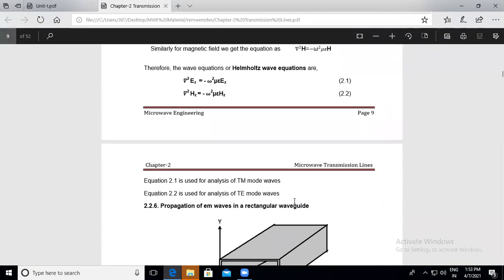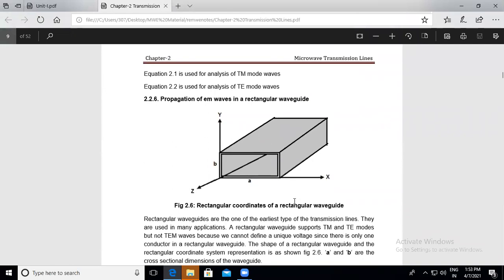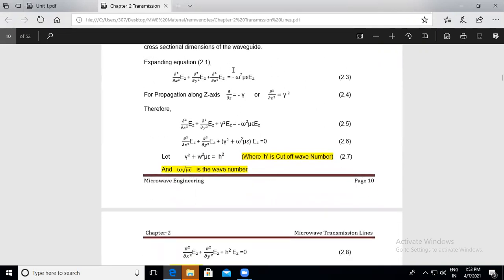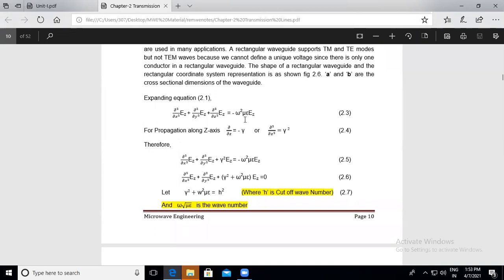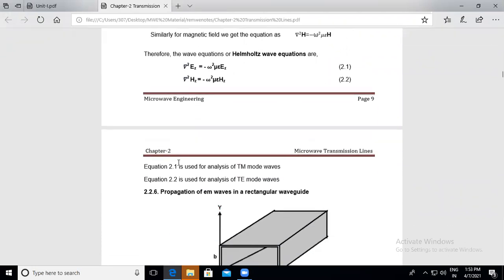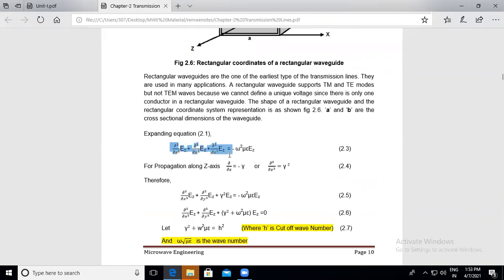Now I'm going to extend the case to discuss how the transverse electric waves are obtained. This is the diagram which shows the rectangular waveguide. Now let me derive that. One of the equations used to derive this is del square E, which you have written here. The wave equation for del square Ez can be expanded in terms of X, Y, and Z coordinates, with differential terms of Ez in x, y, z.